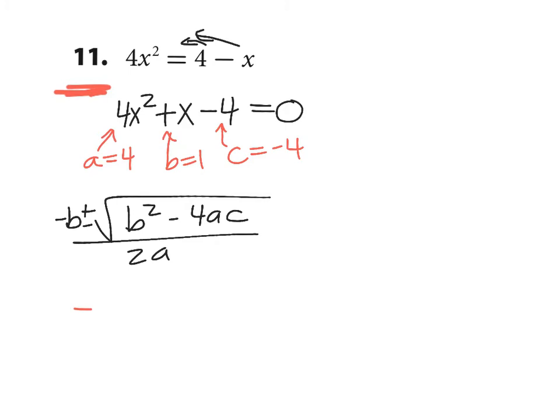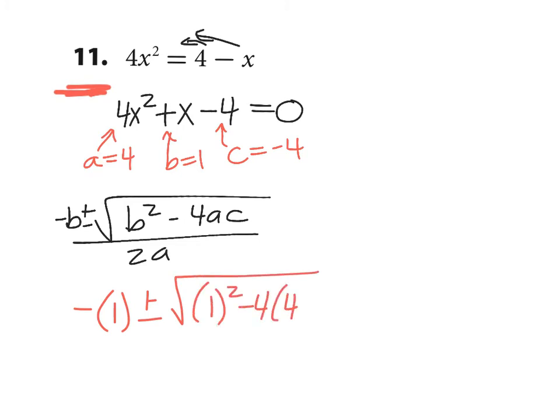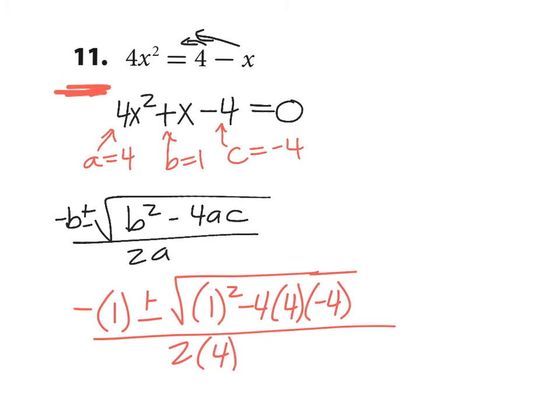So x equals, now anytime you substitute something in, always put it in parentheses. Plus or minus the square root of b squared minus 4 times a, which is 4, times c, which is -4, all over 2 times a, which is 4. Now it's a matter of simplifying. Before you do anything else, just deal with this part first. Make sure it's going to have solutions. Okay? So if I simplify that,